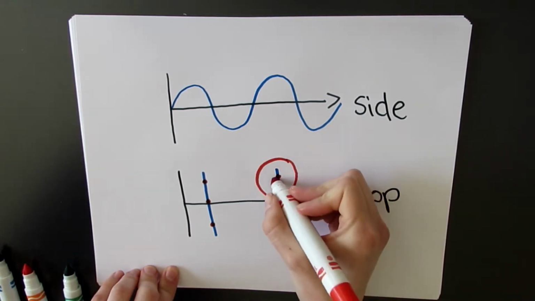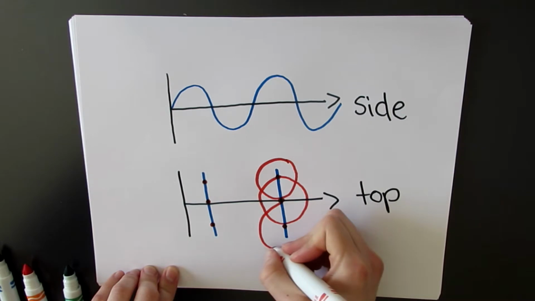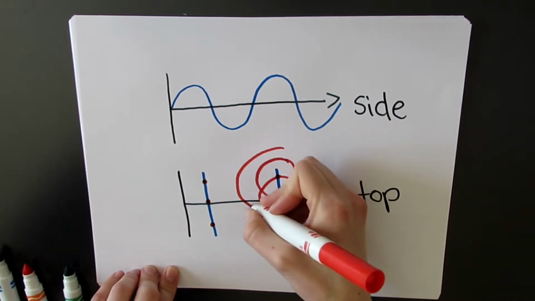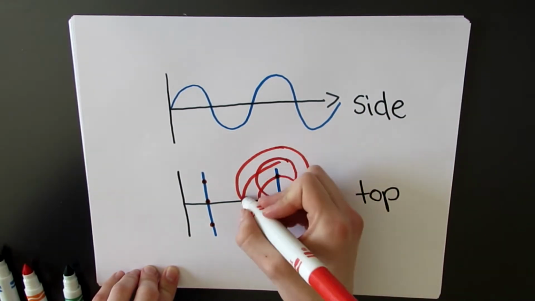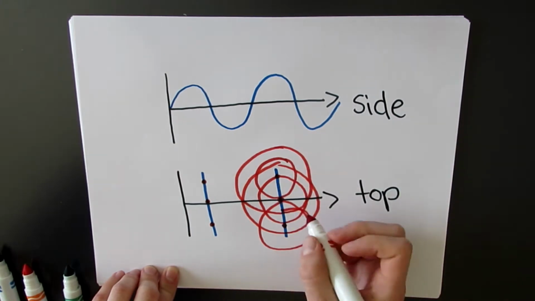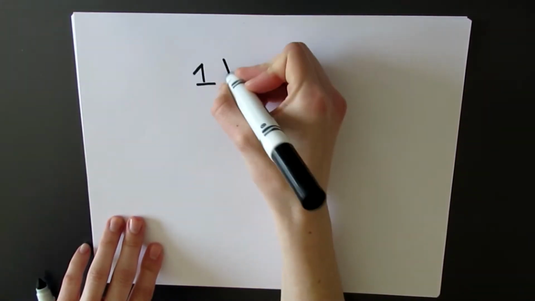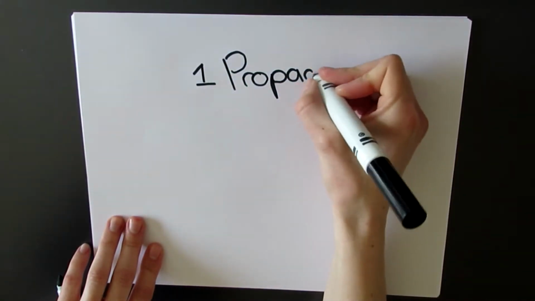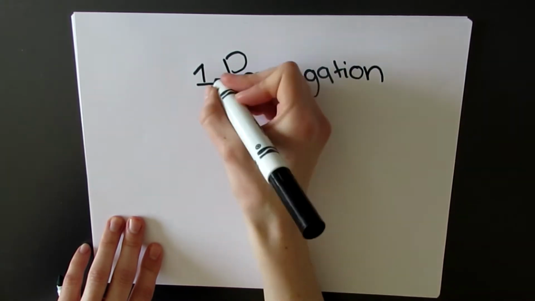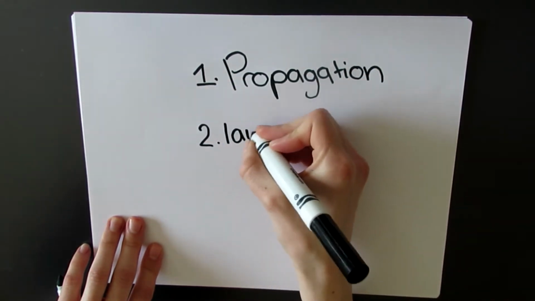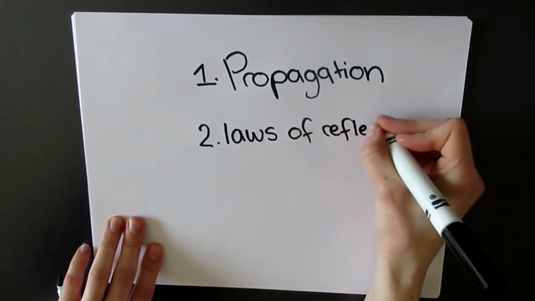show with circular movement. These wavelets are at all points of the wave, and they mimic the wave that is shown afterwards. The new wave front is tangent to the wavelet so that this new wave becomes the next wave with the same frequency. Huygens Principle can be used to explain different properties of waves, which include propagation, the